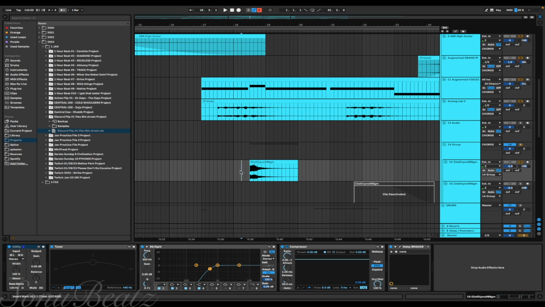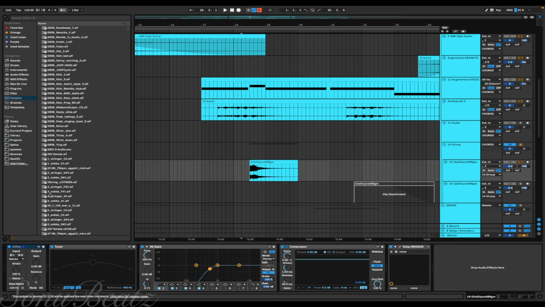I saw Amari Jazz just going through the sample section right here. Sometimes when he streams, he'll just go through here and find some random stuff. And there's actually some good stuff in there, so check it out if you never look in there. I don't know why, I just never really thought to look in there.